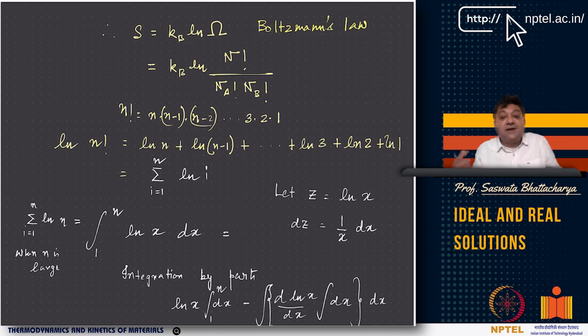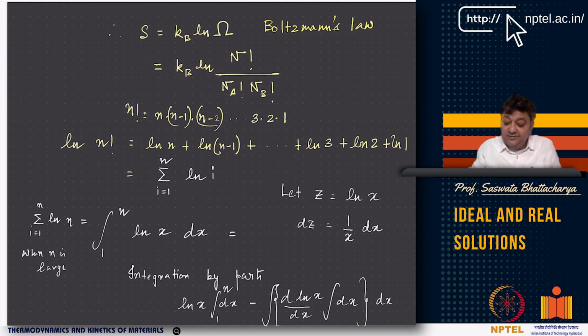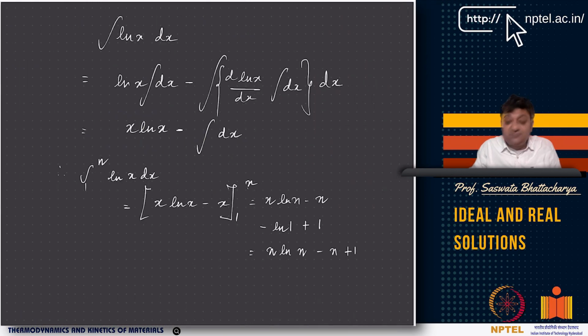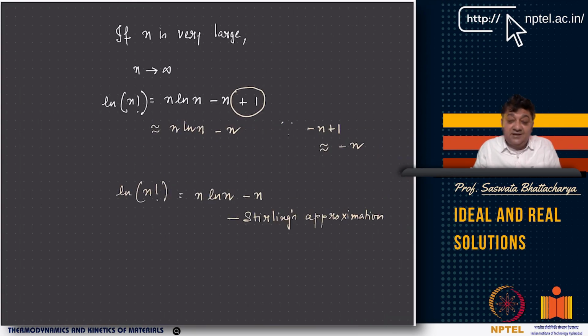Remember the statistical mechanical interpretation of entropy, where we wrote S = k_B ln Ω. Ω is the number of configurations, and we looked at a binary solution, k_B ln of N factorial divided by N_A factorial N_B factorial. Then we looked at Stirling's approximation. I don't want to go through this in detail. I think in the lecture of week 4 or 5, you will get all of these, when we looked at the elements of statistical thermodynamics. And then we looked at Stirling's approximation.